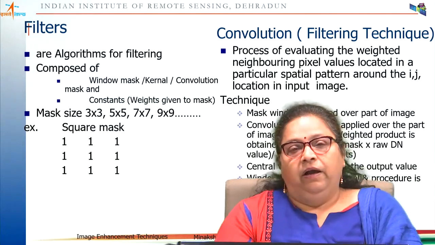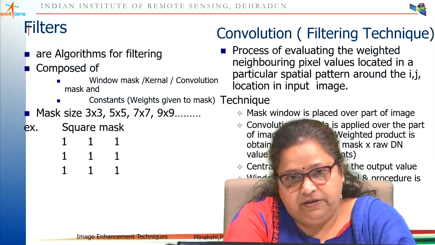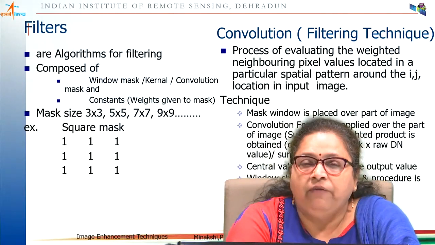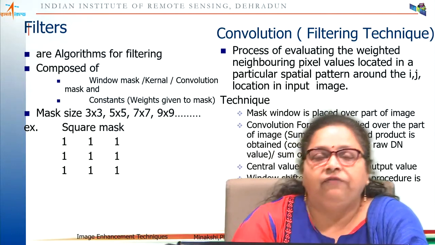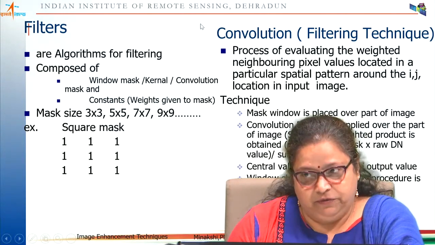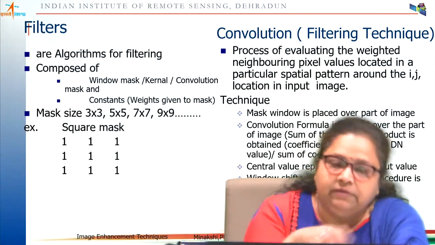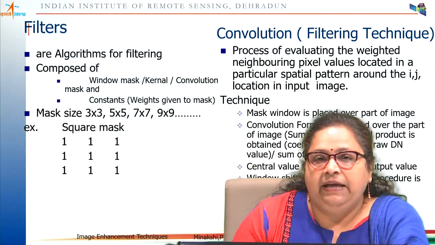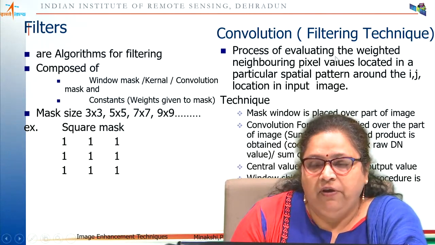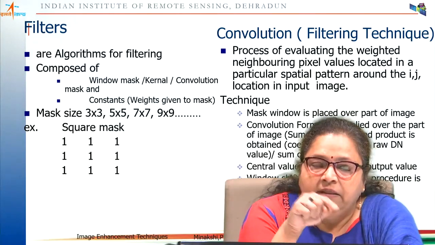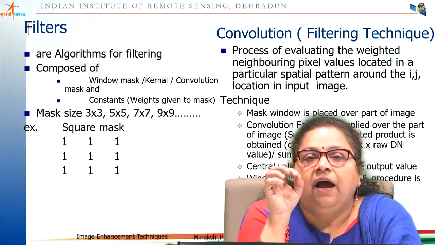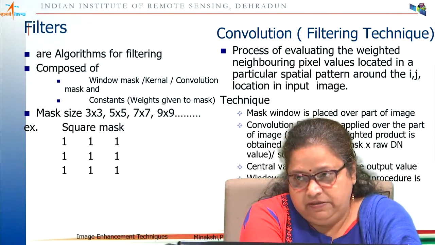Those of you who are from computer science engineering or electronics and communication, and have done digital signal processing, are familiar with the term convolution. In our context, in remote sensing images, we will say that it is the process of evaluating the weighted neighboring pixels around a central location in the image.